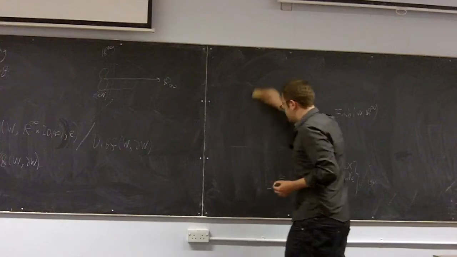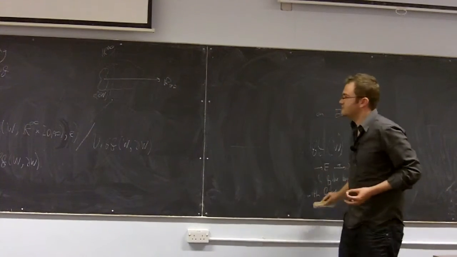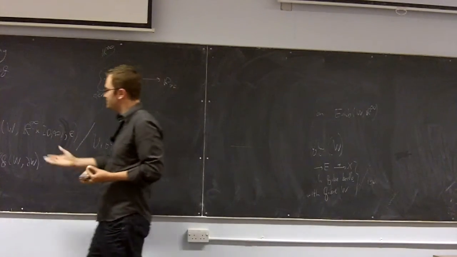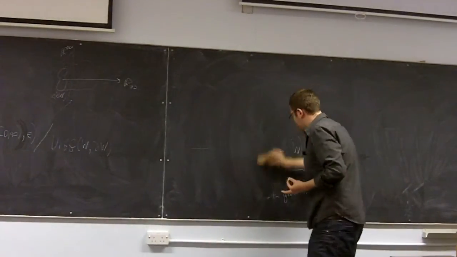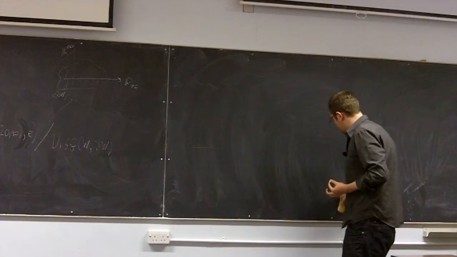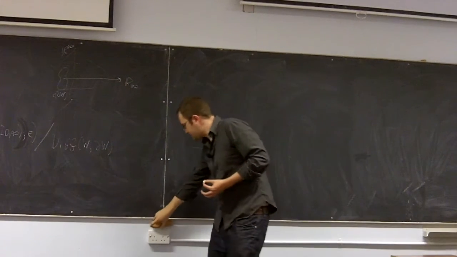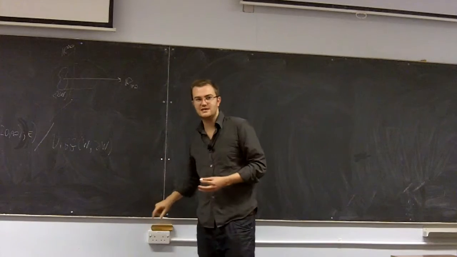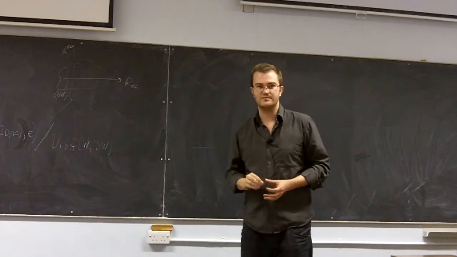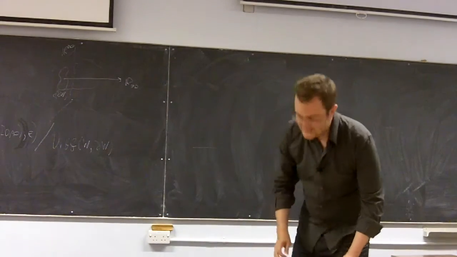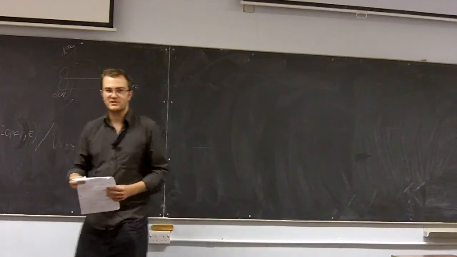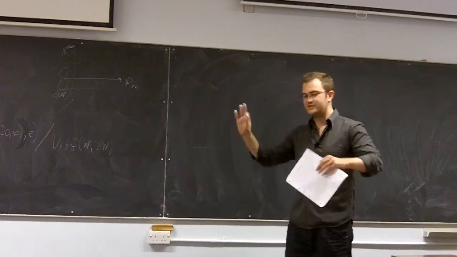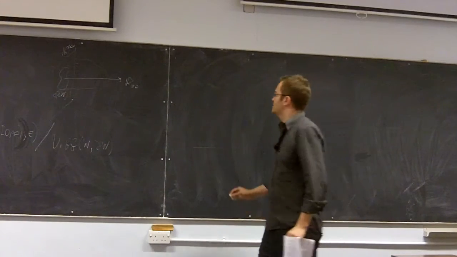So my goal is to understand something about the topology of this space MW. And to do so, I want to compare it with another space, which, to begin with, is going to sound more complicated, but I hope to convince you that it is in fact the sort of space that you can study easily by methods of homotopy theory and so on. And the reason it sounds more complicated is that here we fix the manifold W, whereas the space I'm going to describe now is about all d-dimensional manifolds.